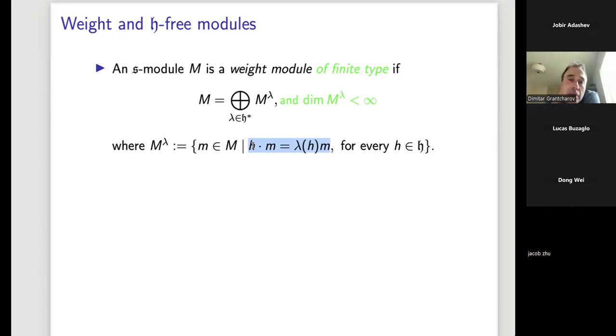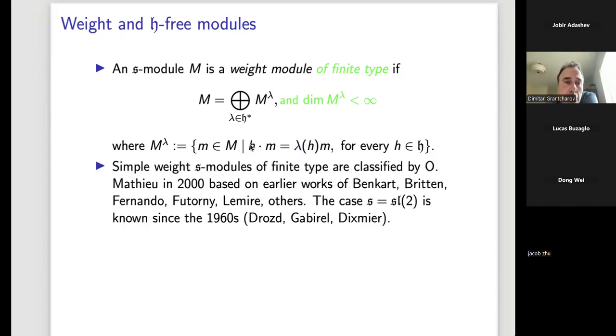So the simple objects of finite type, when H acts locally finitely, are well understood due to a famous result by Olivier Mathieu in 2000,